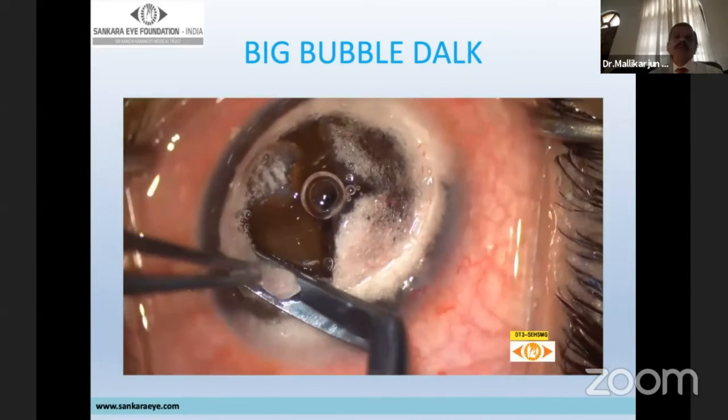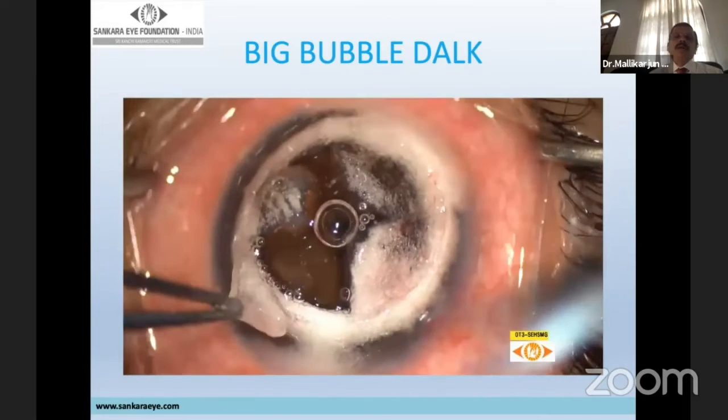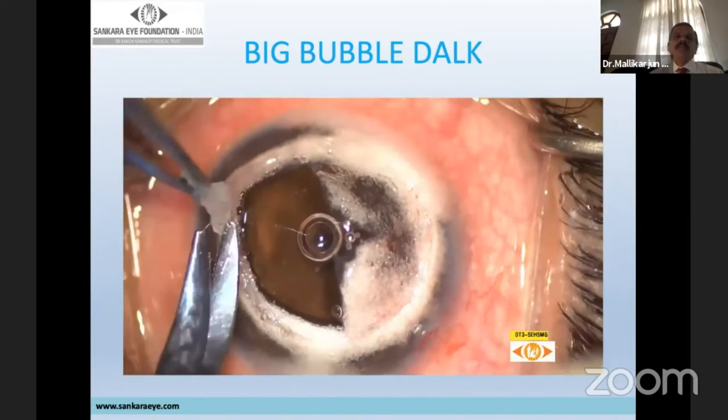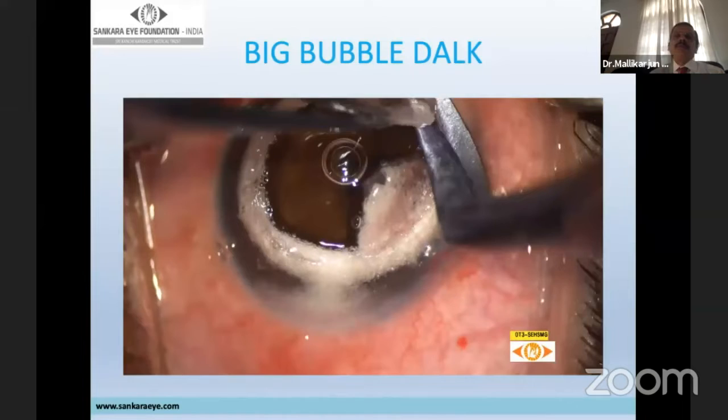With the help of curved scissors, I excise all 4 quadrants of the stroma.